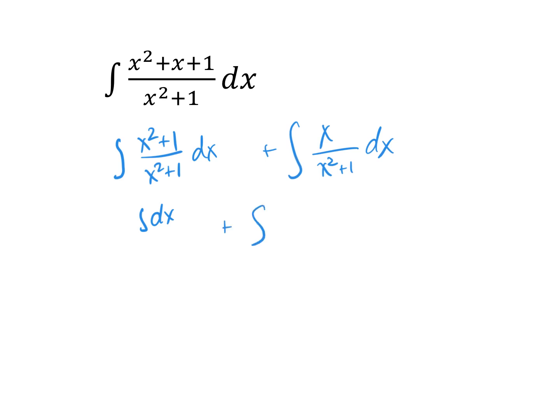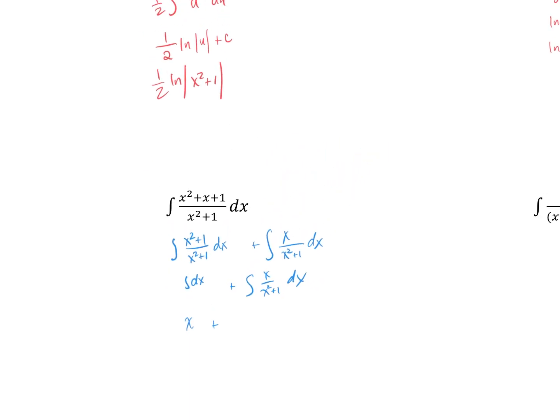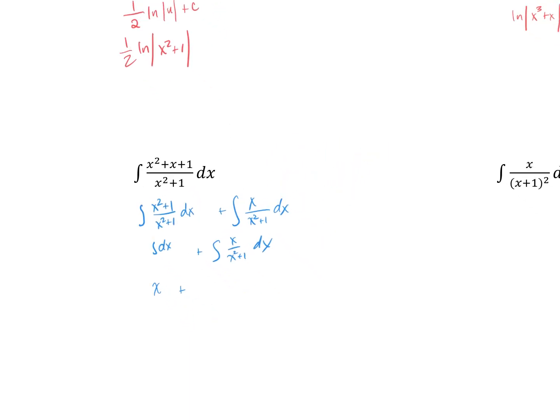Plus the integral of x over x squared plus 1 dx. I'm not saying what I'm writing. My writing is better than my math right now. And since we just did this problem,